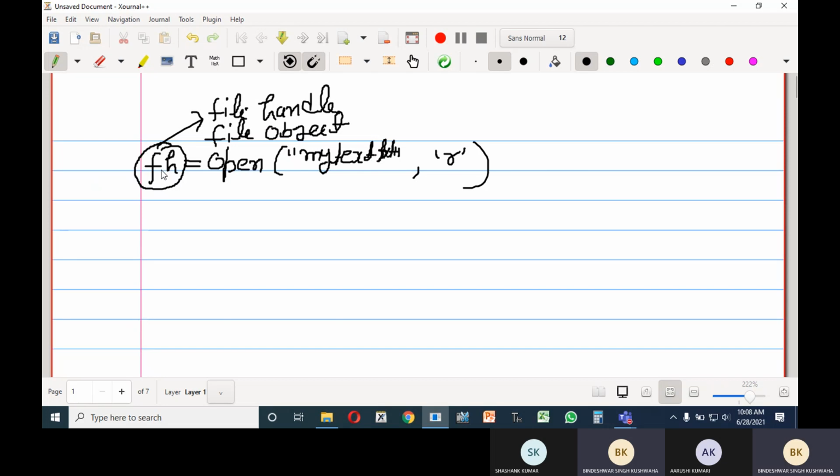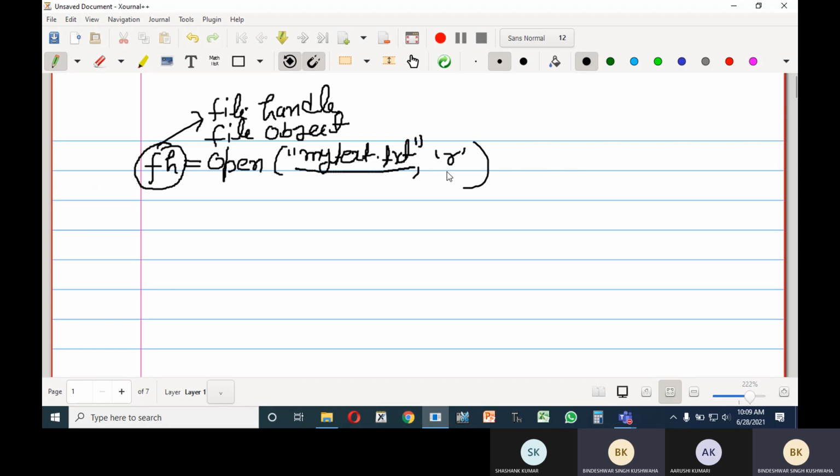And thereafter what did we do? We tried to read some data from this file. Let me write this one very clearly: my text dot txt, in double quotes.